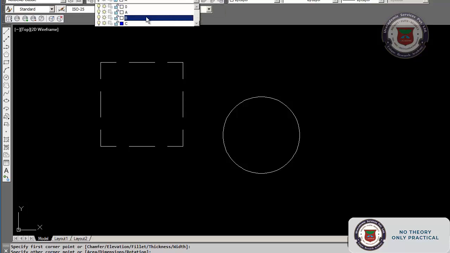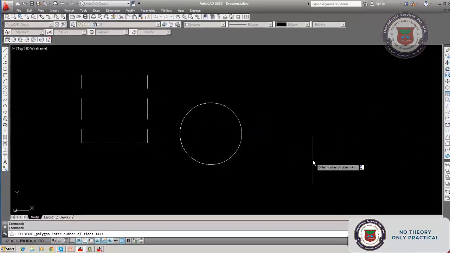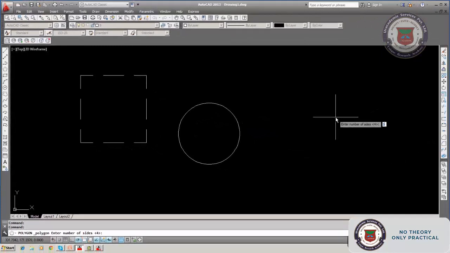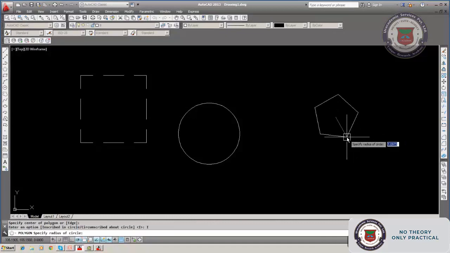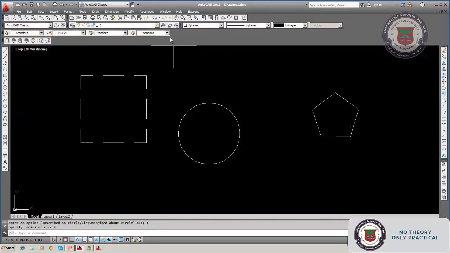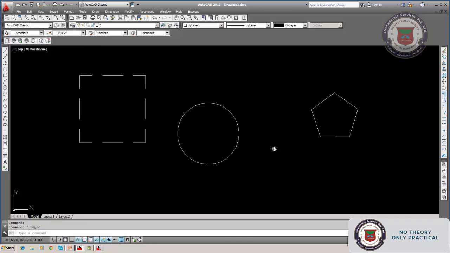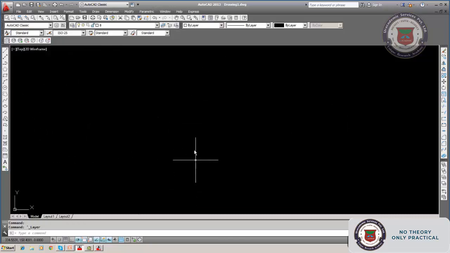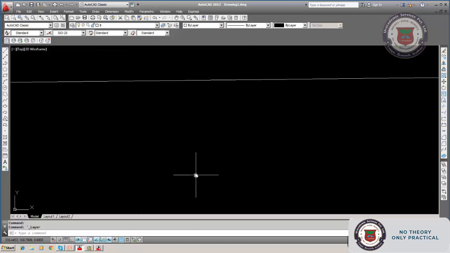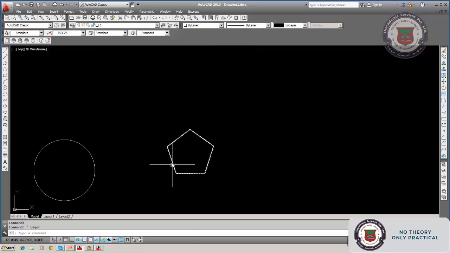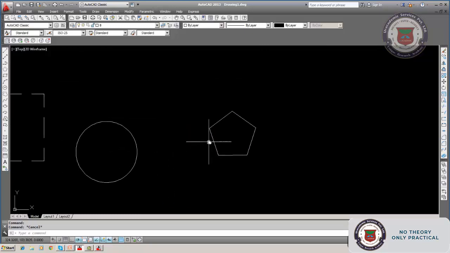Then in the B layer, I can draw a pentagon, a five-sided figure. What are the properties of the B layer? B layer has the center property. You can't see it here because distances are so small. If you zoom in, possibly you can see it. See, this is the B layer, which shows the indication.